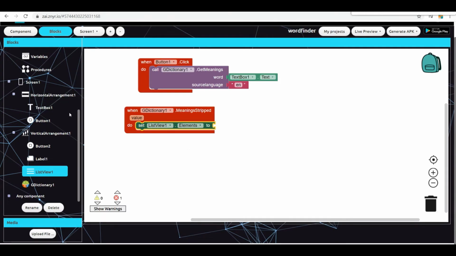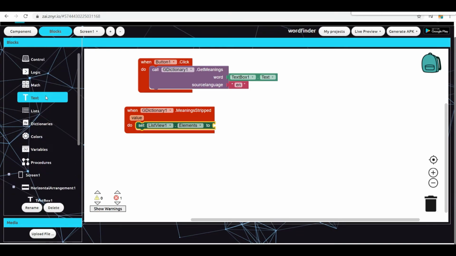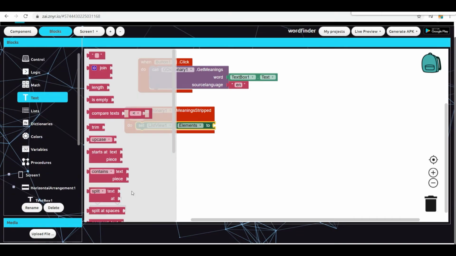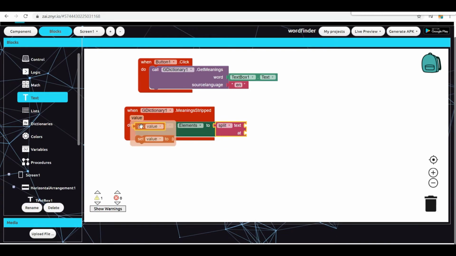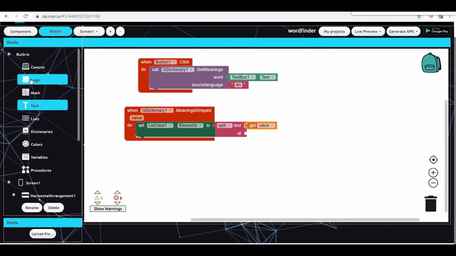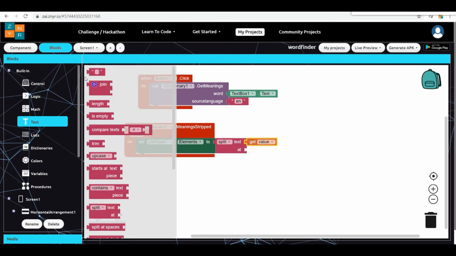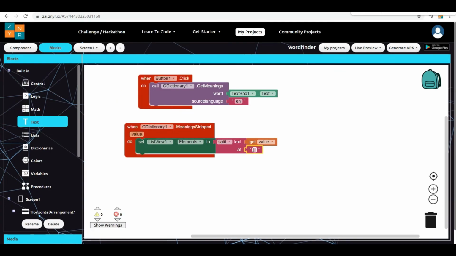For this, I'm using the built-in split function, where it should split my text. It should split the text of get value, and since I don't know the text, I'm using an empty text. This is just for my reference.